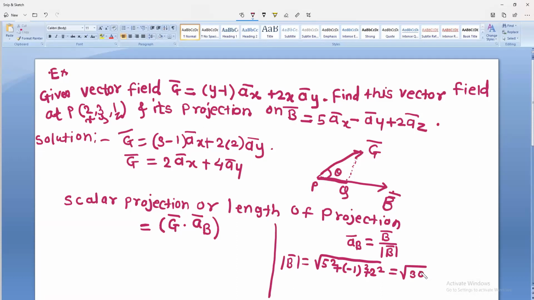So A bar B is equal to vector B bar, which is 5 A bar x minus A bar y plus 2 A bar z, divided by square root of 30. Okay. Now put values